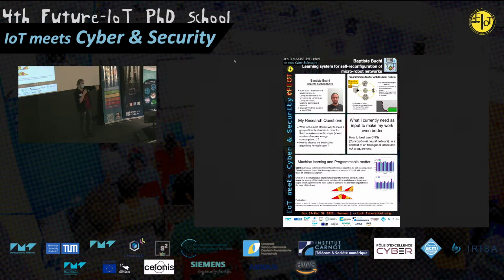What I did personally is I proposed a new algorithm to change the shape, and we are building a machine learning tool to help us decide what is the best algorithm to make the shift, because we have a huge number of robots. Just removing or adding a robot can change a lot in the application. It can create a hole. It can prevent us from doing some scaffolding. So it's really important to choose the right algorithm,